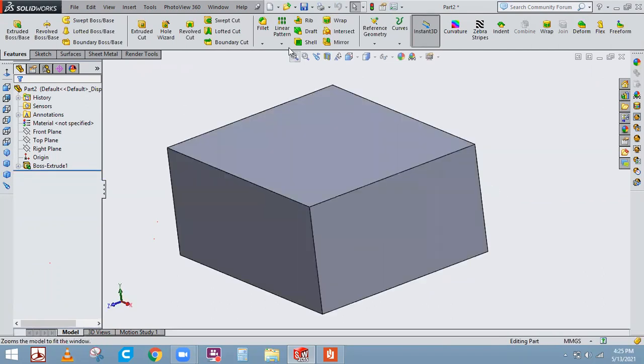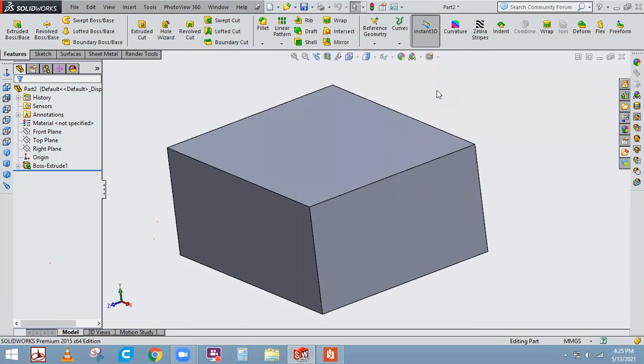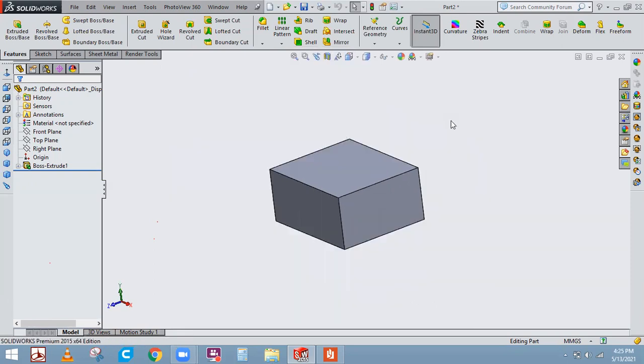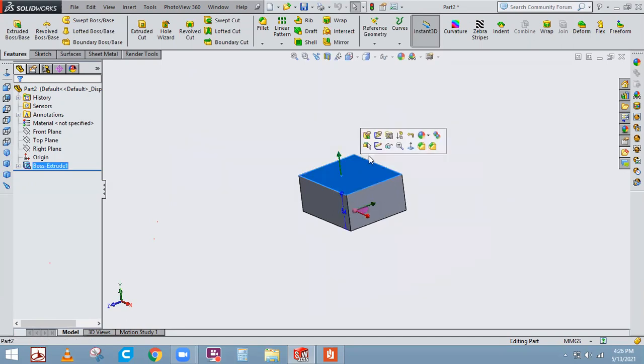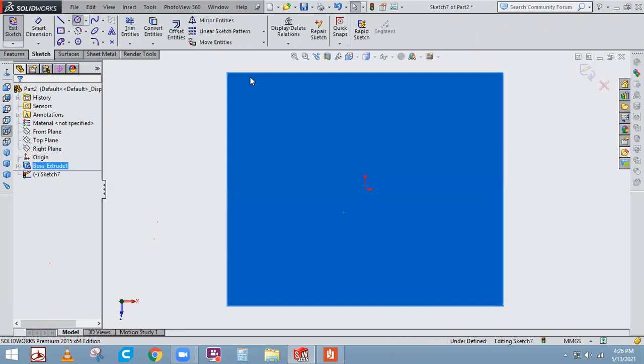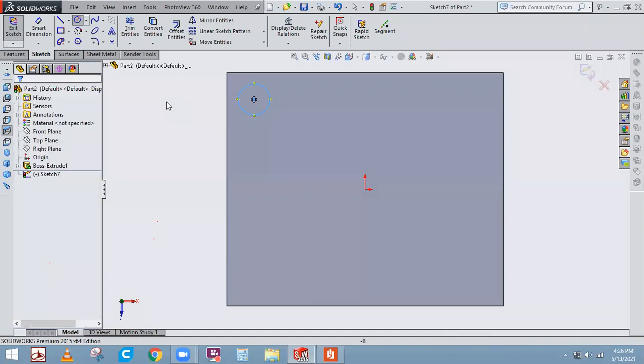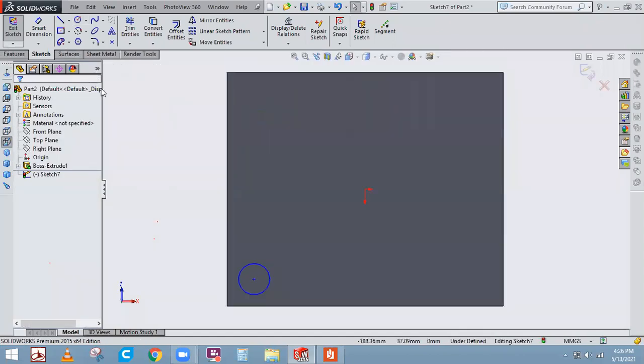Okay. The same way we have this linear and circular pattern. We don't use these things, curve driven, sketch driven, everything. These things can be done only in the sketcher part. So that's why we depend on this linear and circular pattern to do that. I'll just select this, I'll go on sketch. Now I'll be showing you the linear pattern. The same way what you did in your sketcher part, there you patterned the sketches. Here we will pattern a 3D object.